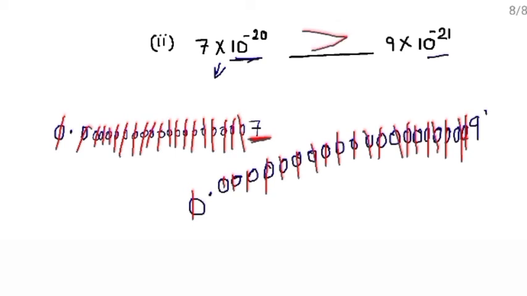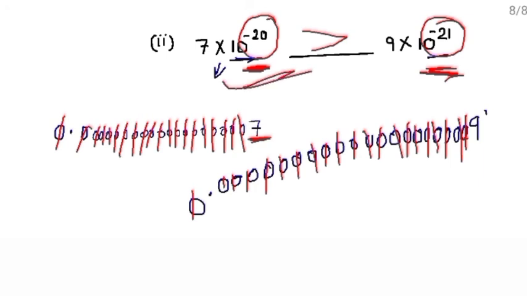And students, you can directly observe this also. Here we are dividing by 10 raised to the power 20. And here we are dividing by 10 raised to the power 21. So which one will be greater? This one will be greater because we are dividing. आपको पता है जब हम smaller number से divide करते हैं, we get the greater value, and when we divide by the greater number, we get the smaller value. Here we are dividing by the smaller number, that means 10 raised to the power 20. And in this one we are dividing by the greater number, that means 10 raised to the power 21. So this will be greater.